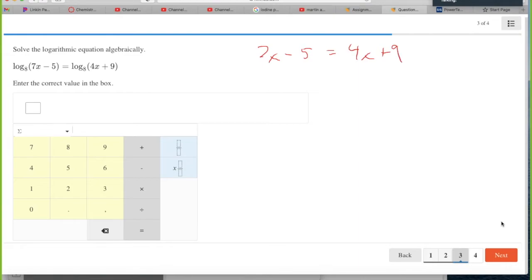So we're going to subtract 4x from both sides. We're going to add 5 to both sides. So then we're going to have 3x equals, I can add 14, or x equals 14 over 3, which is equal to, what is that,